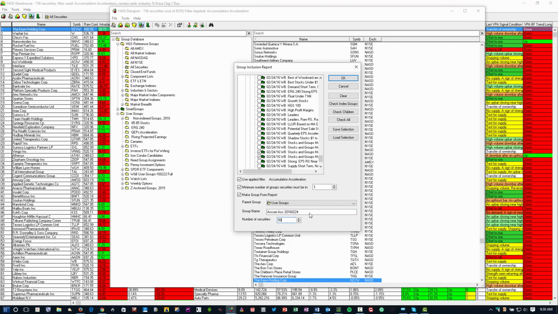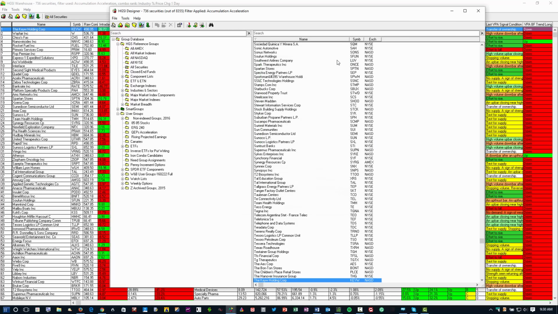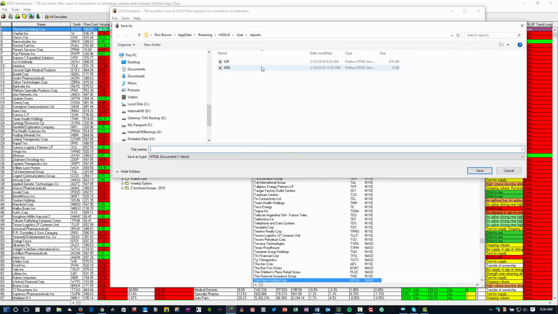And 50 is a lot of stocks, so I'm just going to do 25. I use 50 in the top 50 GIR. It's standard for me, but this time as a demo, I'm just going to use 25. So I will click on that, select the GIR,